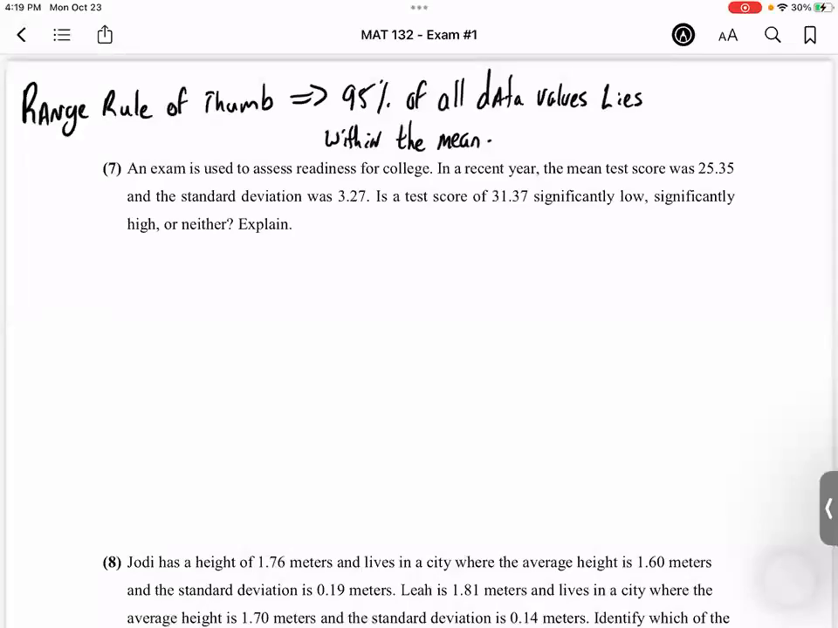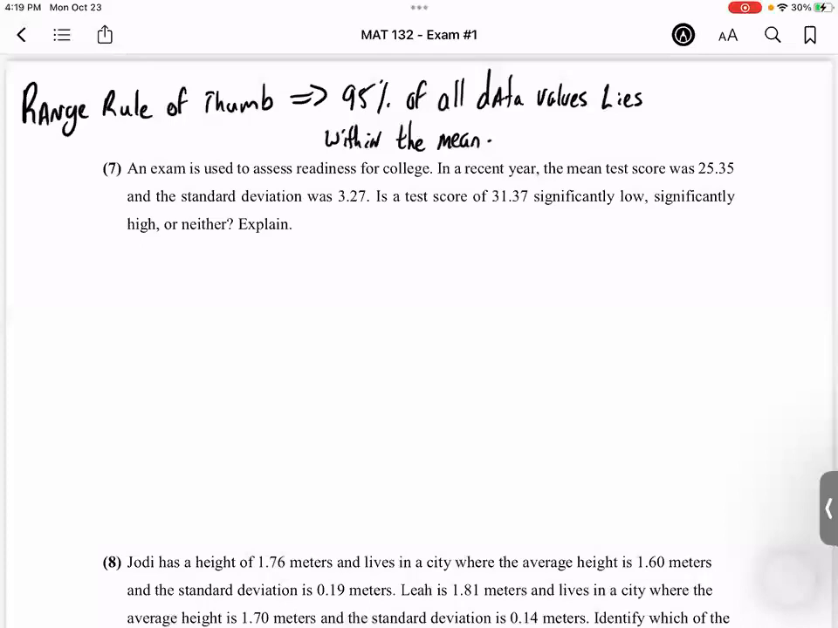Okay, so problem 7 states an exam is used to access readiness for college. In a recent year, the mean test score was 25.35 and the standard deviation was 3.27. It asks, is a test score of 31.37 significantly low, significantly high, or neither, and explain. So in this particular problem,